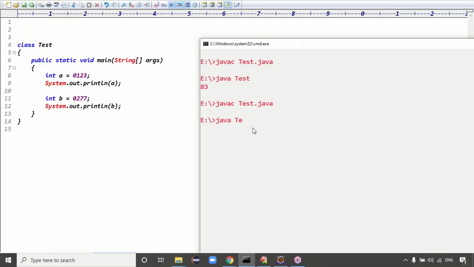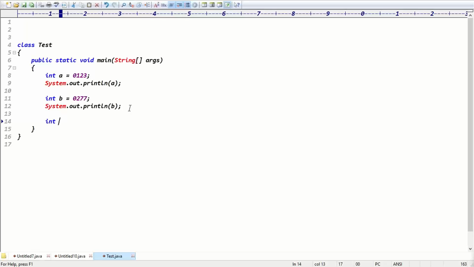The code is compiled fine. The Java class is called Test class, right? 191 is the output, guys. Next one, you can see the literal starting with 0, 478. 478 was the output, guys. 478 means 8, plus 7 eights are 56. First one is 8 power 0, second is 8 power 1, third is 8 power 2, right? What is the output now?